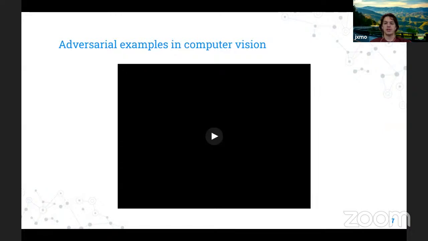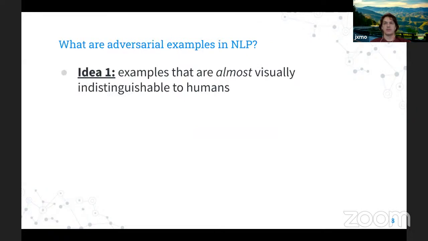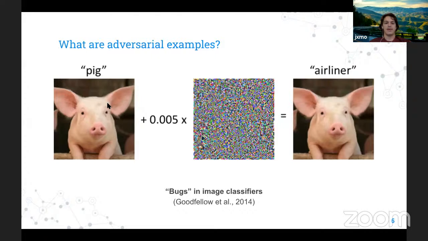Same within speech, like Alexa speech recognition. That's a very popular area where adversarial examples can be particularly devastating. And it's very natural to ask, what would the analog be in text? Like if you have this picture of a pig, adding a little bit of noise to it, it's being misclassified. This is a pretty easily approachable example of a problem. This is a huge problem if you're deploying CNNs in practice, but it's not immediately clear how or why this